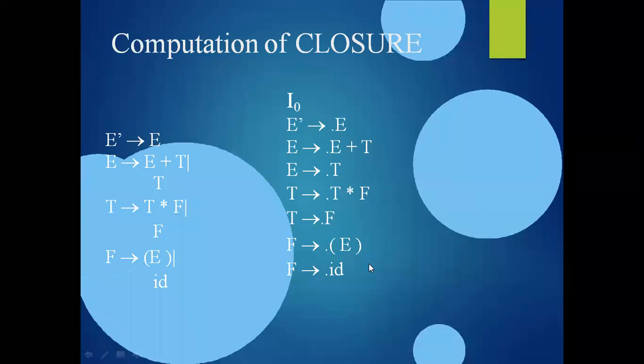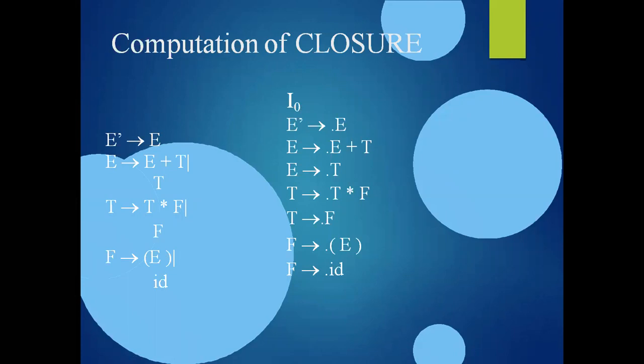Up to now, what I have made you understand is how to write the augmented grammar, how to write the closure function, closure of I, and how we give a sequence number with an item symbol I. Is it clear up to now? In the next class, I will deliver how to construct the goto function.